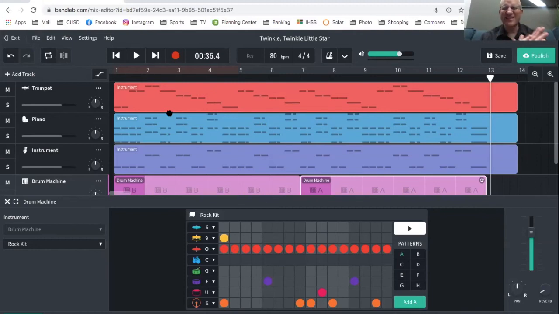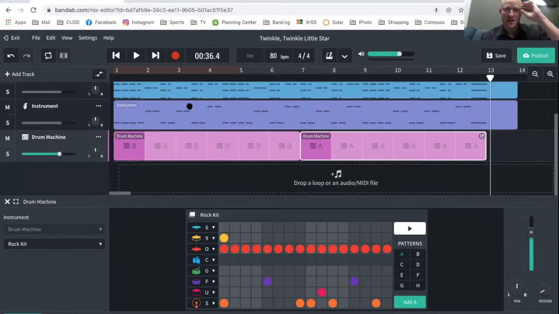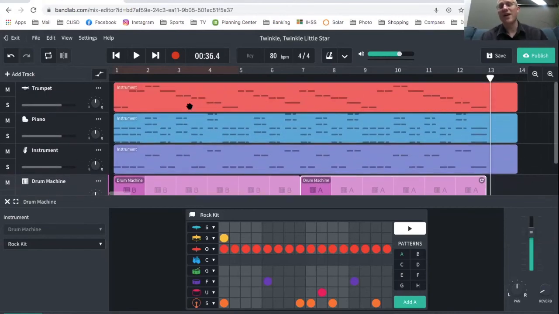We don't really have anything that's sustaining. If I were going to do this for real, I'd probably add strings or some other kind of sound that's more sustaining, just to make it interesting that way. But for the sake of time, let's just go ahead and move on to the main topic of today, which is